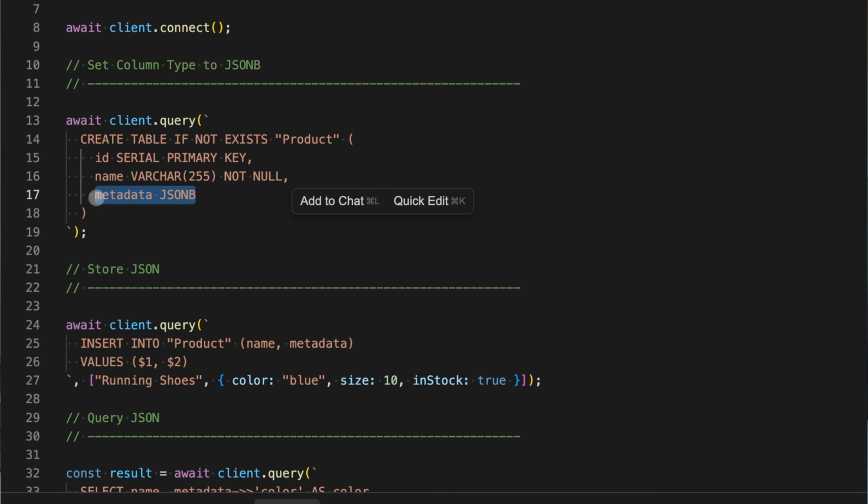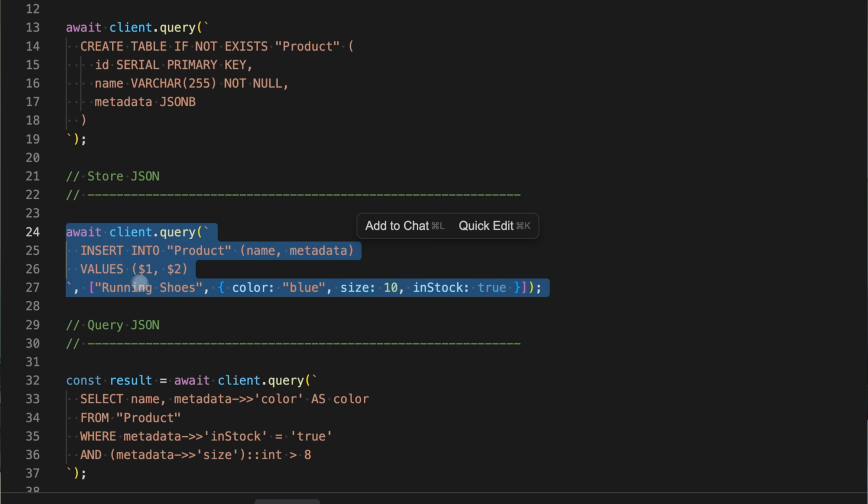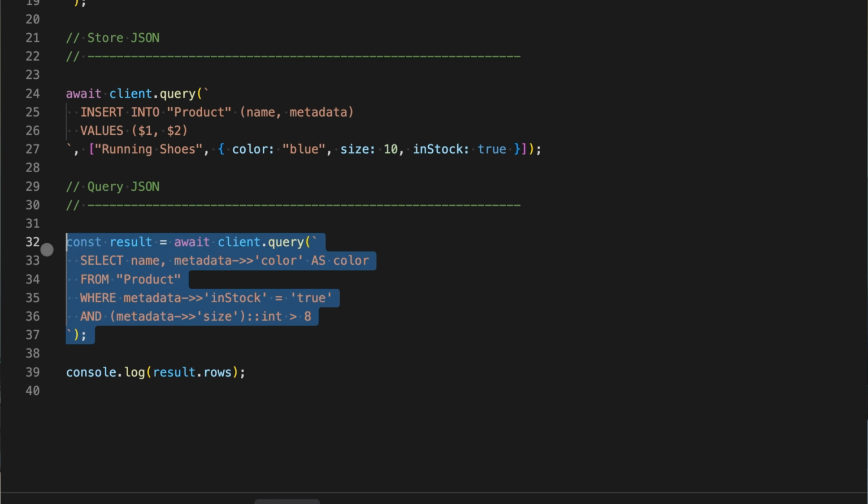If you're already using Postgres and you need to store unstructured data, you don't need to introduce a new database like MongoDB. Postgres has a field type called JSONB, so you can just store unstructured data directly into Postgres, and you can query the fields within that data as well. You can set the column type to JSONB, store your JSON, then use SQL like this to query against that